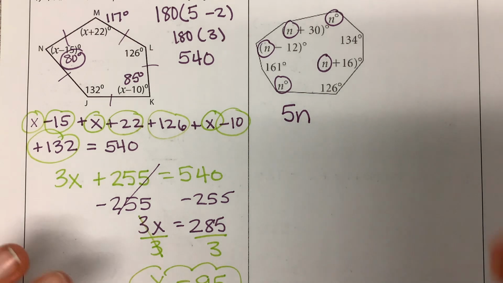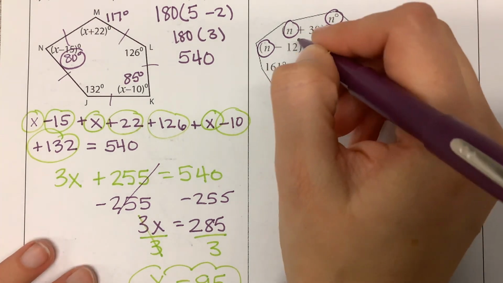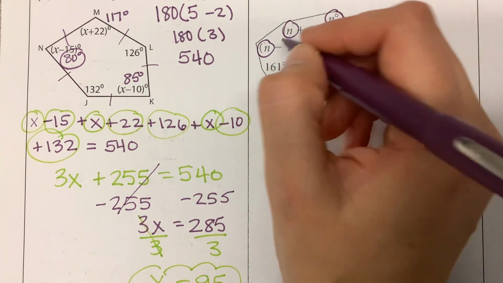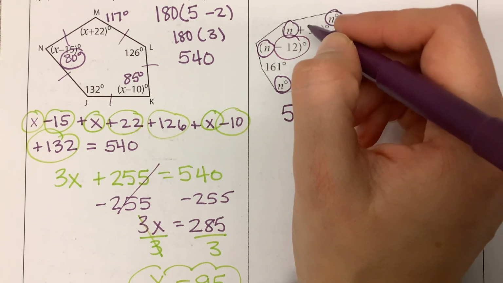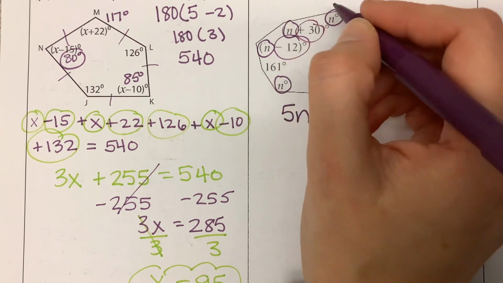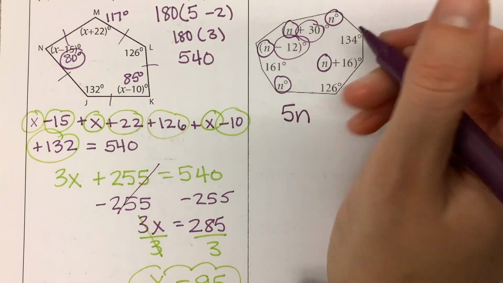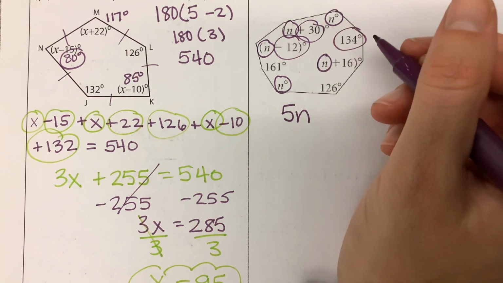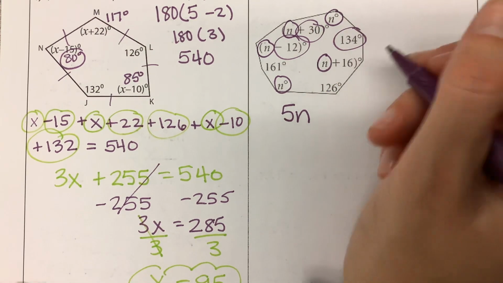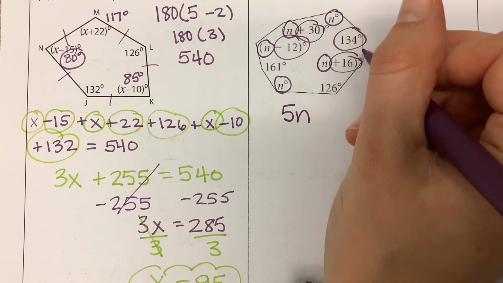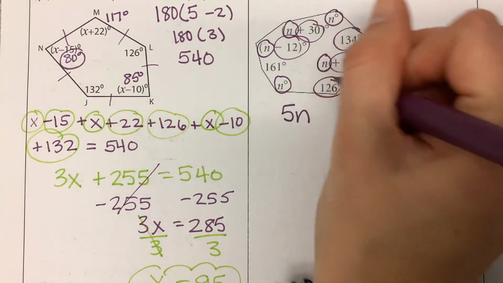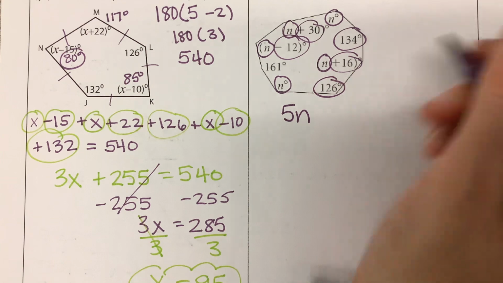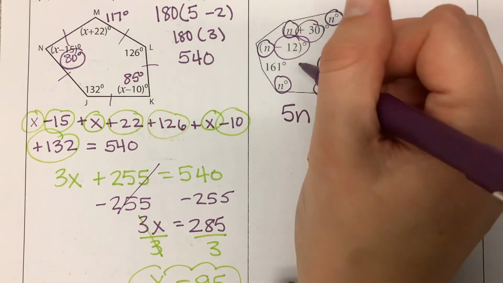And then being careful with your integers here, okay? So if we've got negative 12 plus 30, that gives us 18. 18 plus 134 is 152, plus 16 is 168, plus 126 is 294, plus